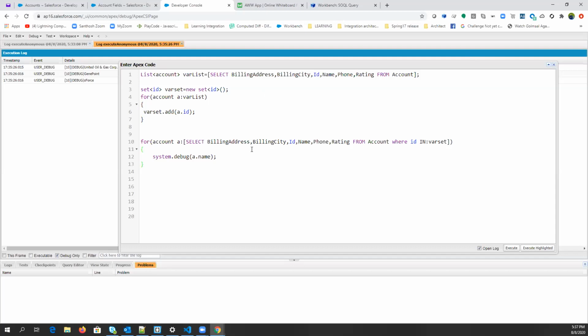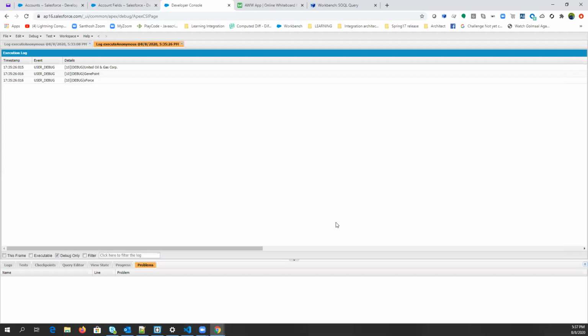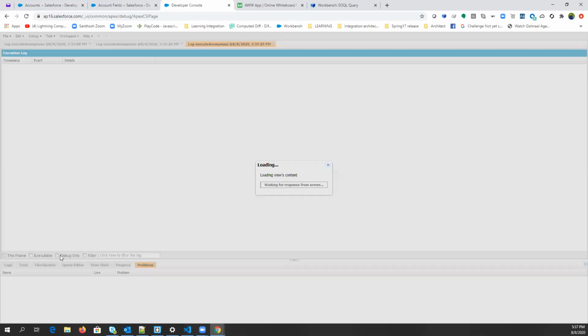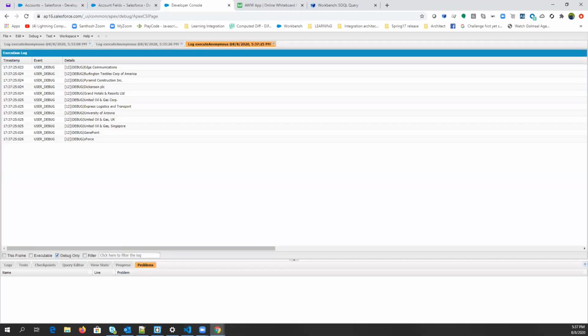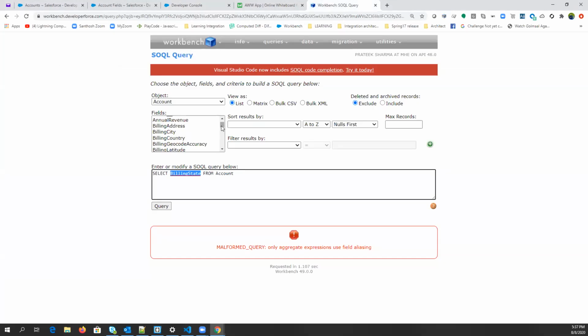We have some more functions that you can use in a query. Just to see, can you execute this program? Yes, we can execute. Let me check all the functions. So you can use count. You have different functions, and you can see all the functions here.